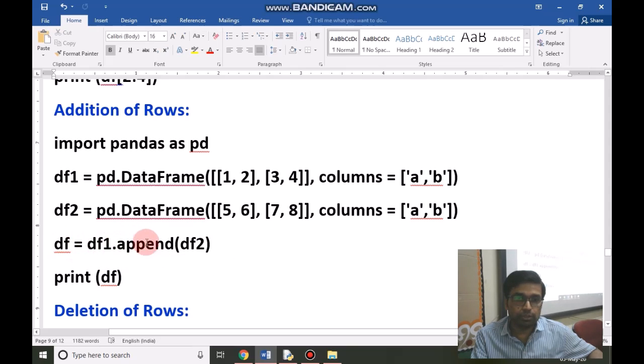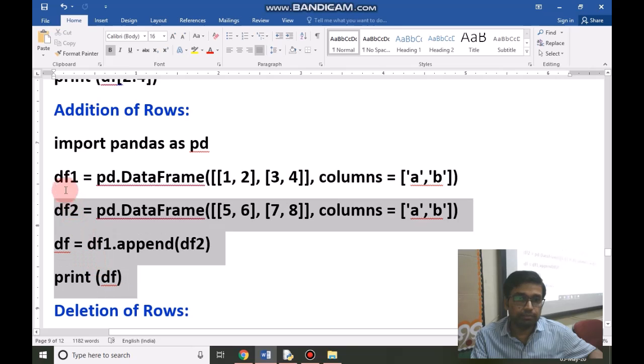So this code is given here with the help of the append function, and we can print this data frame.